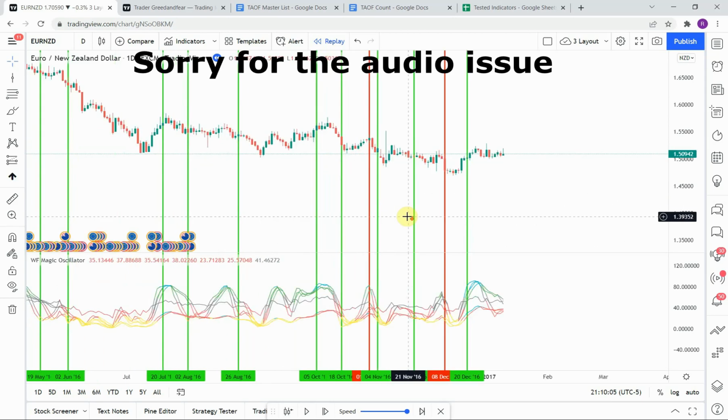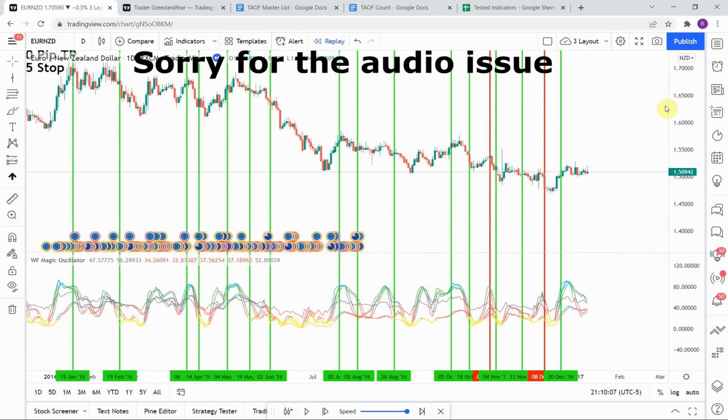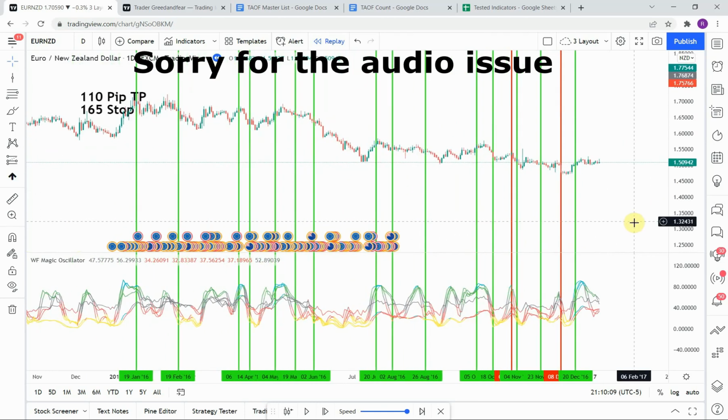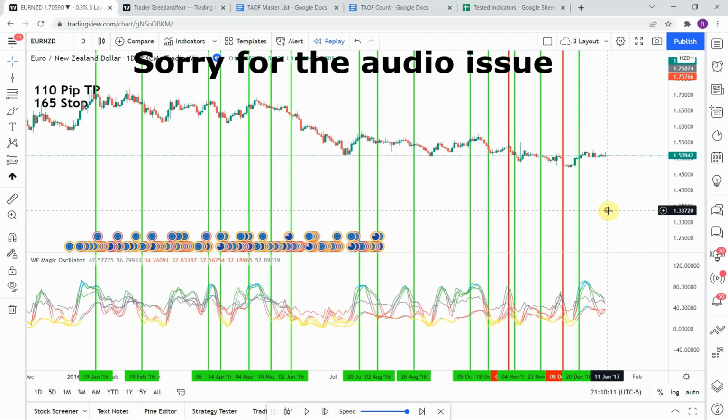All right, so let's go ahead and take a look at our indicator here. Zoom in there and there. Let's go ahead and count these out and see what we get out of it. So we have 1, 2, 3, 4, 5, 6, 7, 8, 9, 10, 11, 12, 13, 14, 15, 16, and 17. So we have 17 trades all together, and we have 1, 2, 3, 4, 5, 6, 7, 8, 9,